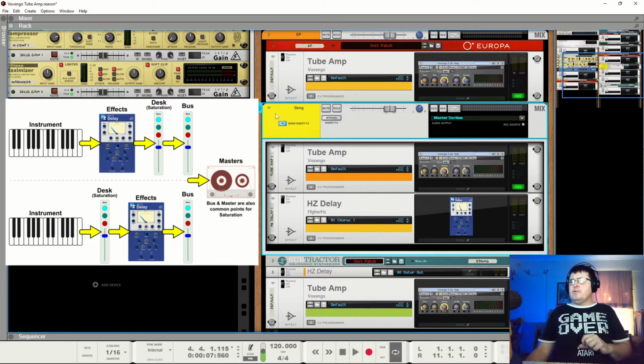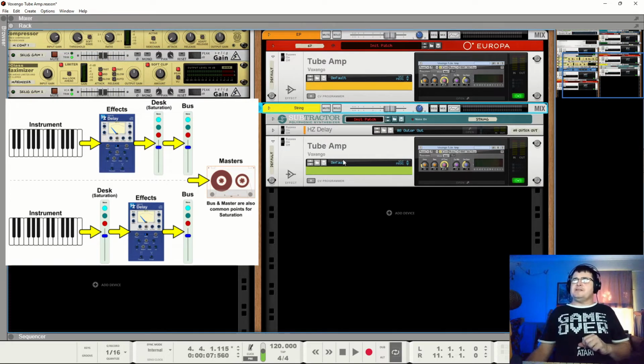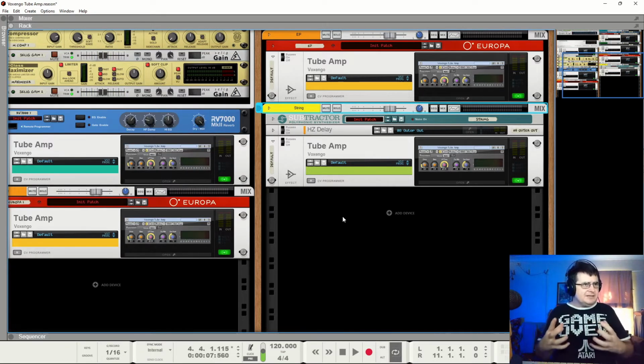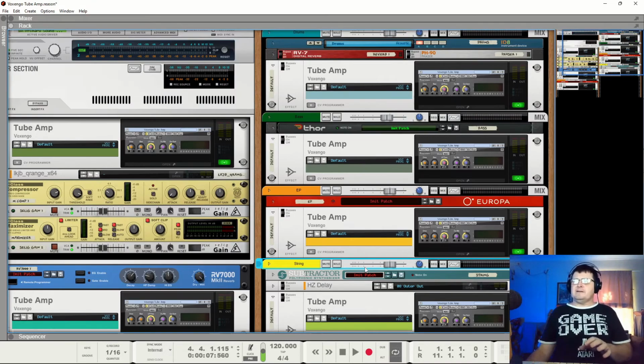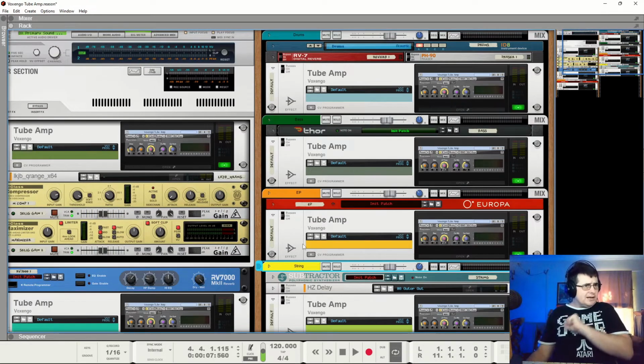I am far more of the approach of I put my saturation on the end of the chain, and I do that with each track or channel. If you mix and match, some you do this way, some you do that way, you might feel very clever, but then you may well end up with a mix where things don't gel very well because they're different. They're not part of the same thing. Part of the whole analog magic is this was the way you worked. And consistency of working practice makes it easier to get that beautiful feel from a mix. Up to you which way you go, but choose one and stick with it.